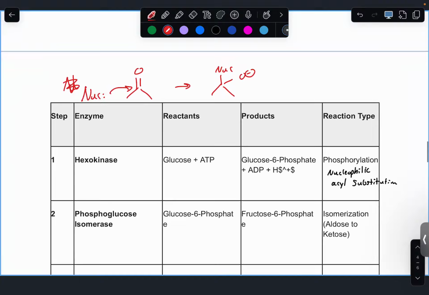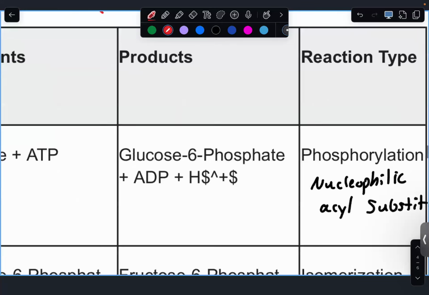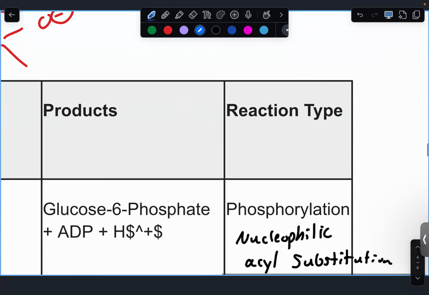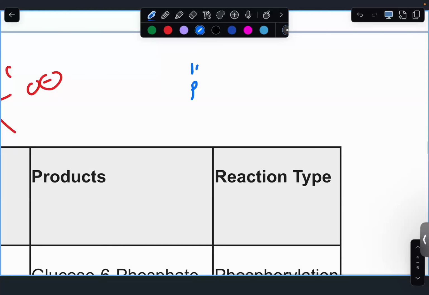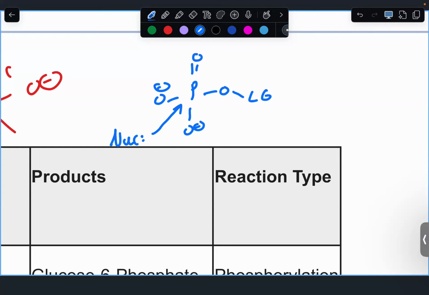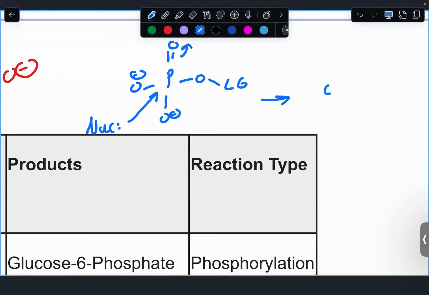Now, this is the same idea, but now we have the phosphate, which has 5 individual bonds on it. One of the oxygens has a good leaving group on it. When a new nucleophile comes in, which in this case is always going to be an alcohol OH group, it is actually going to form a